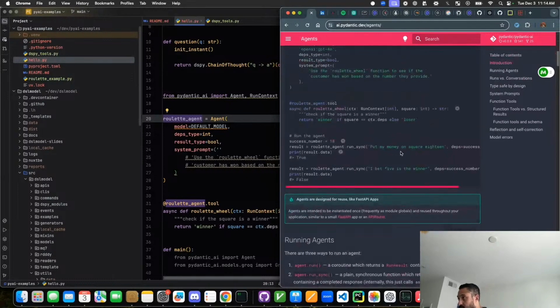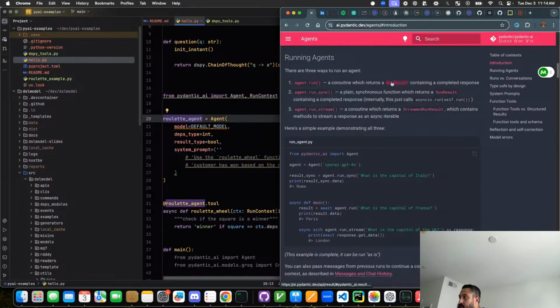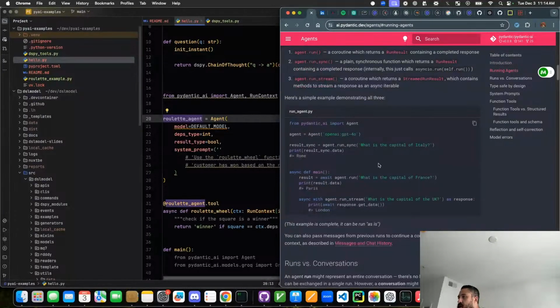Okay. So run coroutine, run result, synchronous function, run result, async unit. Okay. Run stream run, which contains methods to stream a response as an async iterable. Okay. Example demonstrating all three. Okay. So